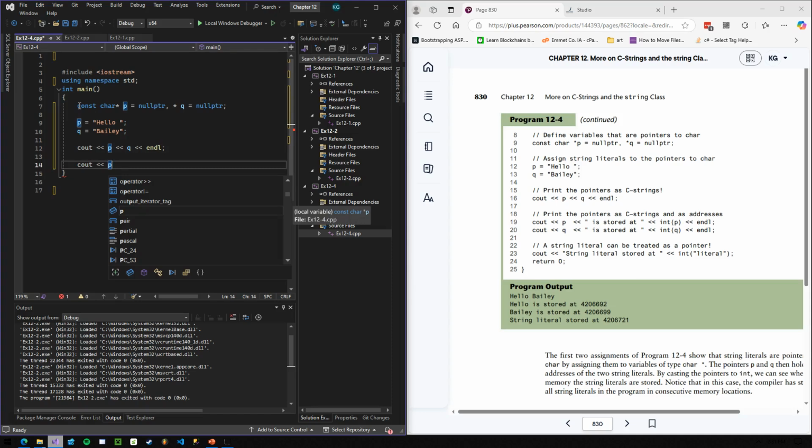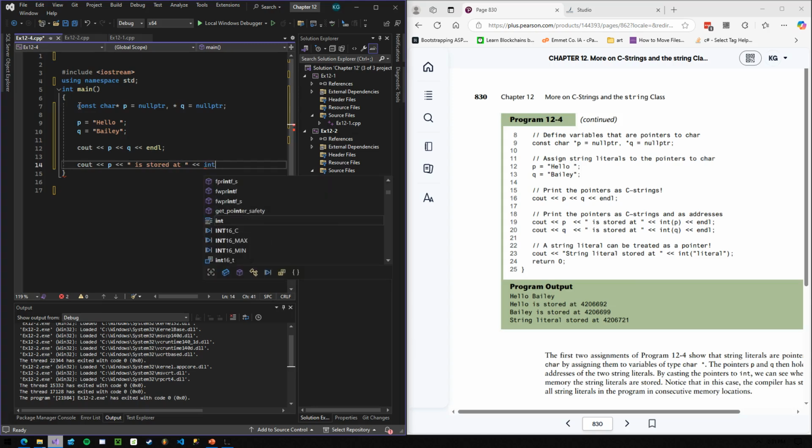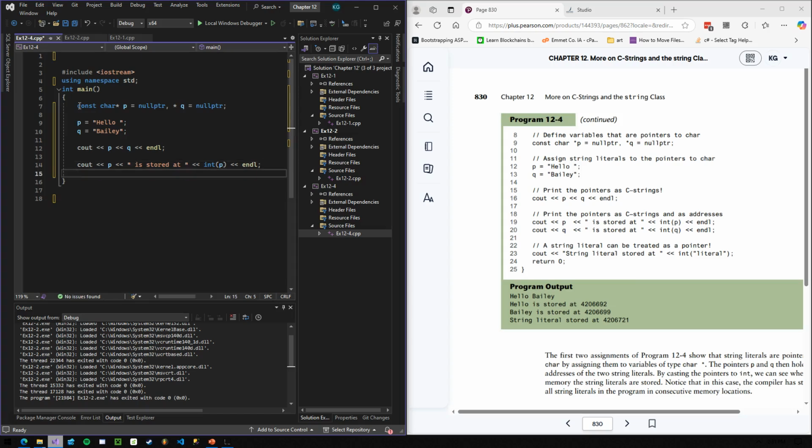p, print the pointers in C strings as addresses. So check this out. We can print out that, then "that is stored at", then we can print out cast p to an int, endl. Just to format it a little bit more nicely, that memory address will print better if we cast it to an integer. And then "q is stored at"